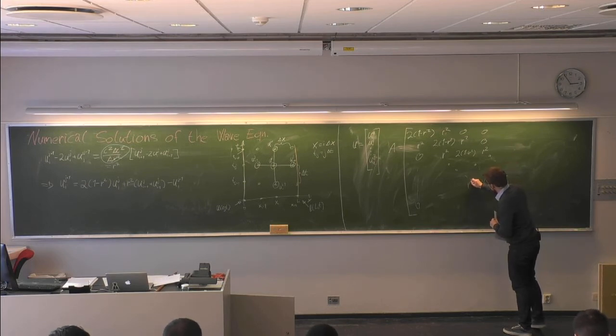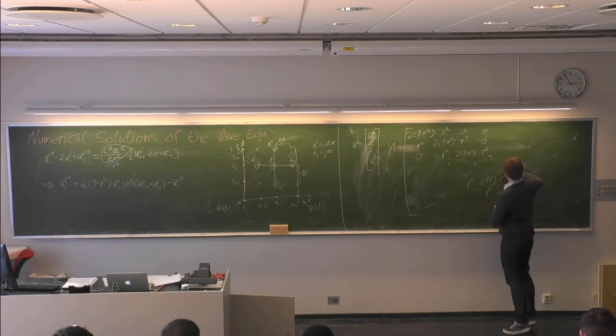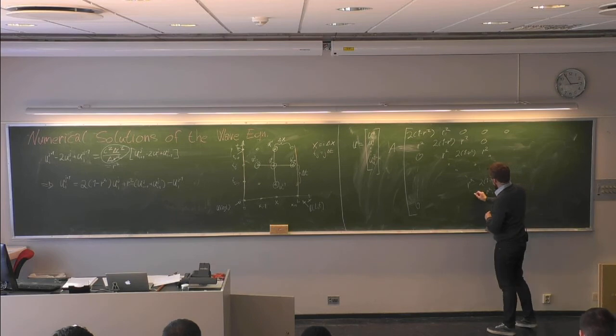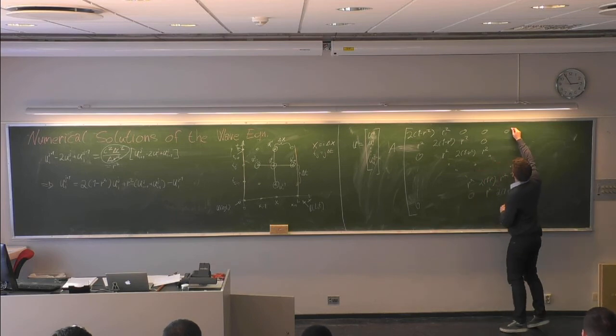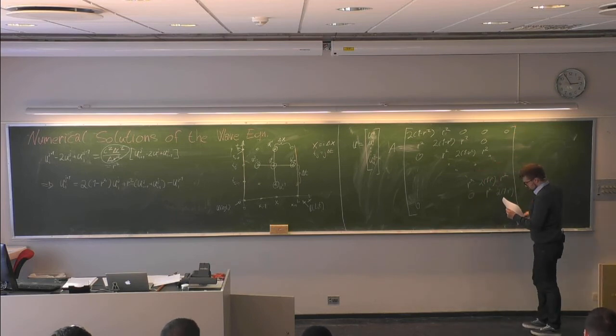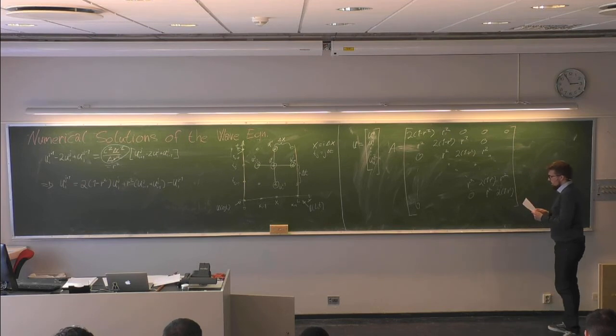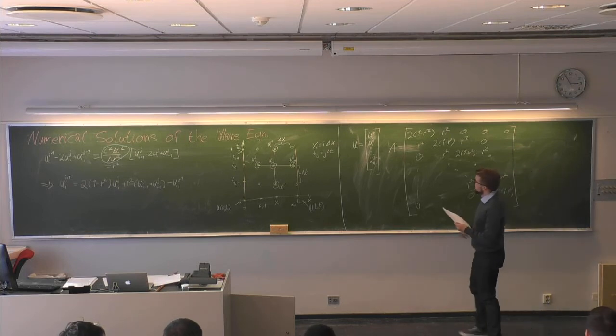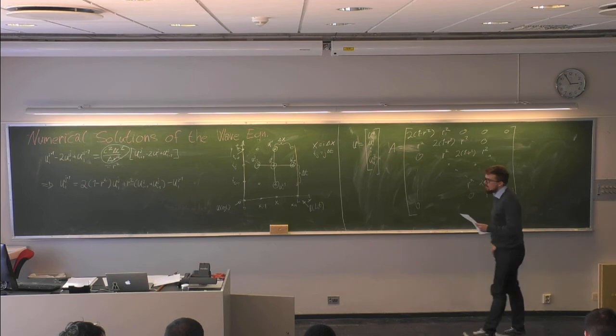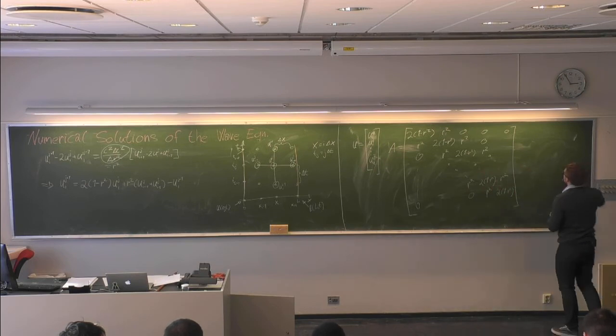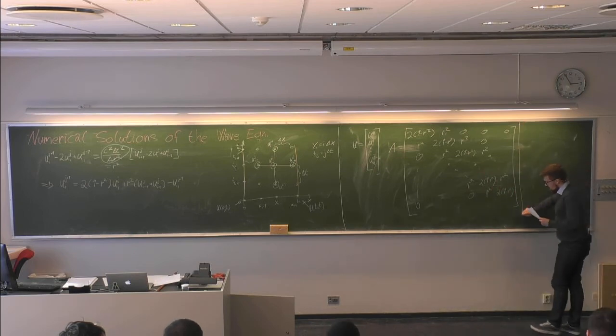I guess r squared here as well. 2(1 − r²). Zeros all over the place, like so. So this is going to be a matrix. And then you see by using these two matrices, we can easily state the equation in matrix form anyway,